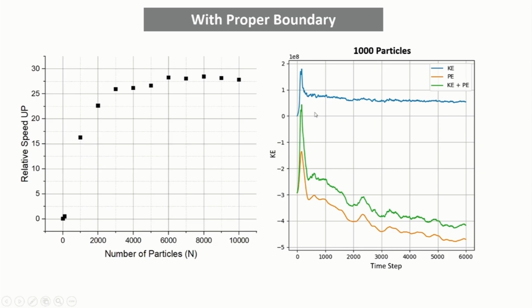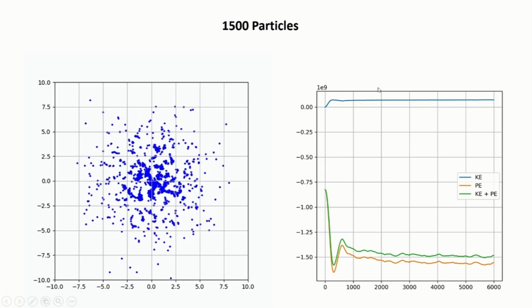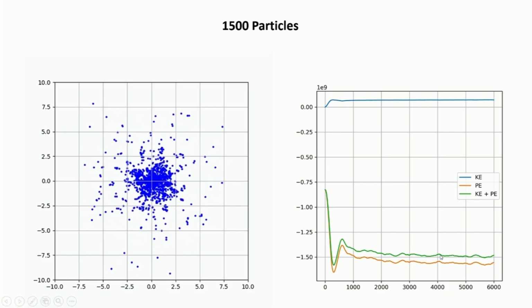We have run for a thousand particles. As you can see, this is the kinetic energy, potential energy, total energy plot. And the energy is not exactly conserved here. This is due to the periodic boundary condition, which is kind of spoiling the energy conservation. One way to deal with this would be to remove the periodic boundary condition entirely and just look at the particles as they interact. But for a high number of particles, like 15,000, at least after some time the energy conservation is being followed, right?